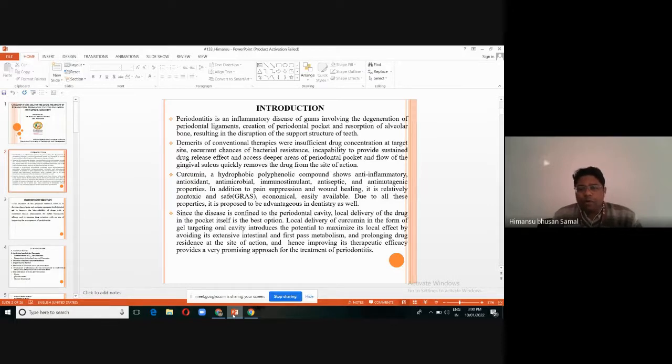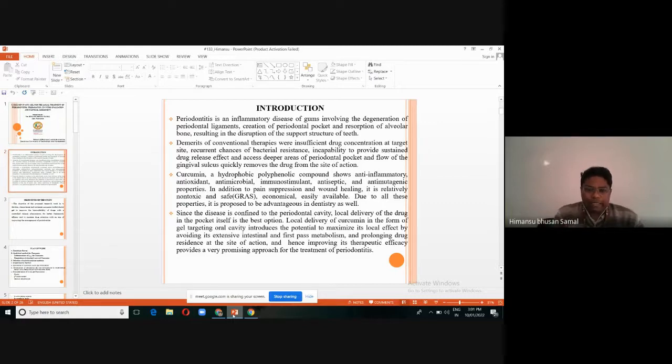Curcumin is a hydrophobic polyphenolic compound which shows anti-inflammatory, antioxidant, antimicrobial, antiseptic and anti-mutagenic properties. In addition to this, it has pain suppression and wound healing capacity, and it is recognized as a non-toxic and safe material. That's why, instead of antibiotic treatment, we are using curcumin for the